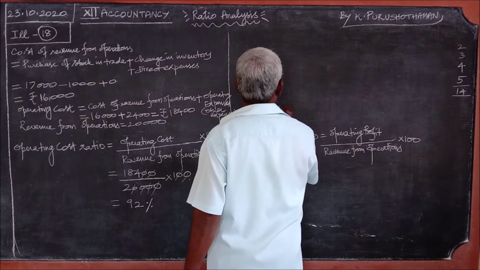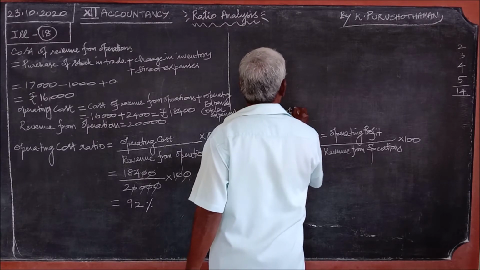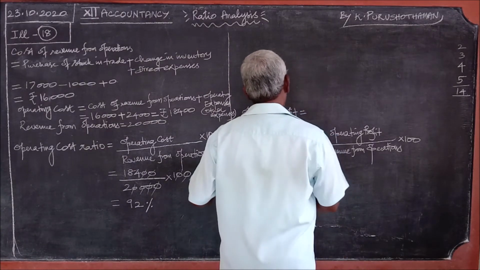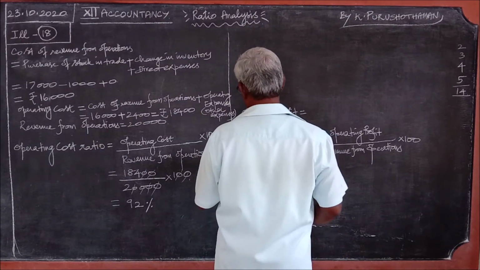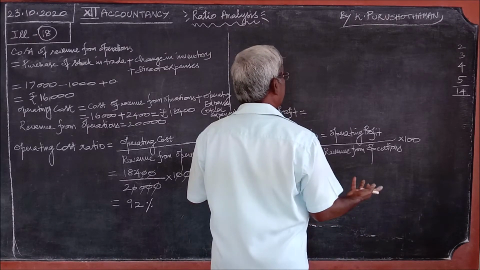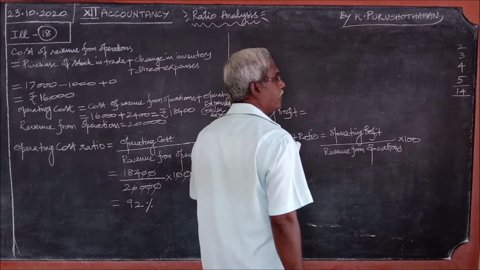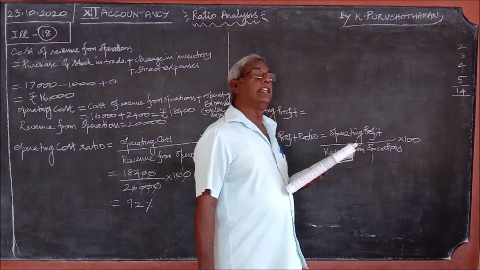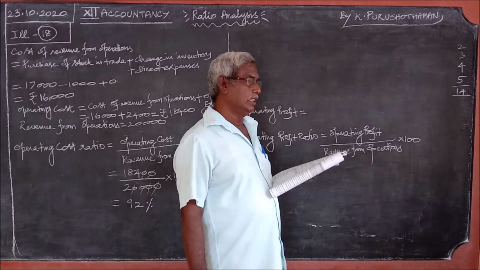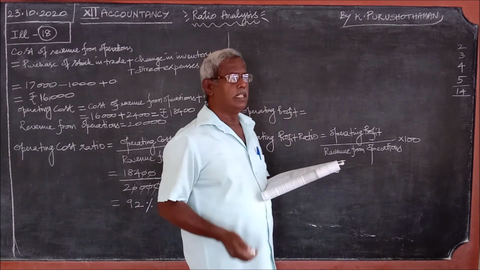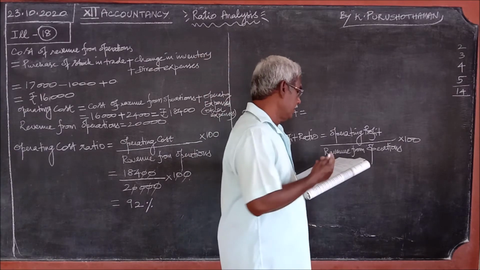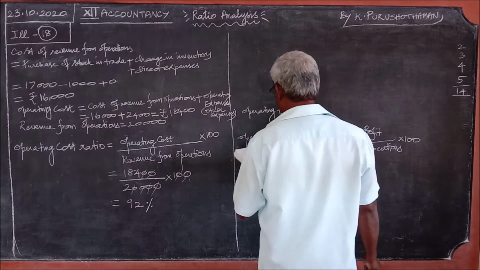Operating profit is equal to profit. How do we get profit? From the income that came in, minus what was paid for the goods. Say, for example, the goods are bought for 80,000 and sold for 1 lakh. What is the profit then? 1 lakh minus 80,000, 20,000 is the profit. The same thing here also.